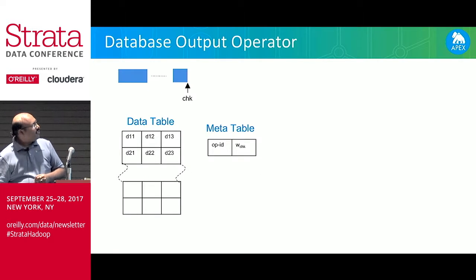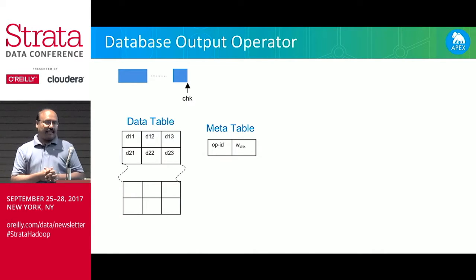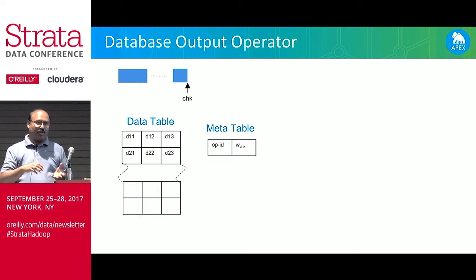Let's take the example of a database output operator. This operator is writing data into some tables. Along with the data, it writes the data in a window in a single transaction, so either the entire data in the window is committed or not. But apart from that, it also writes the window ID, which I showed you earlier. There are window markers, and each window has an ID. So it also writes the window ID into a meta table. The reason is,